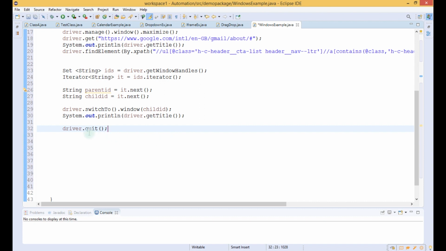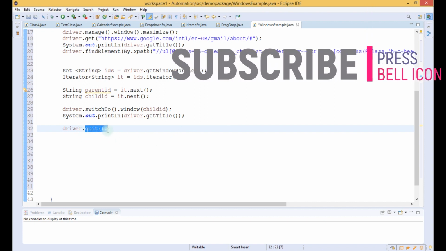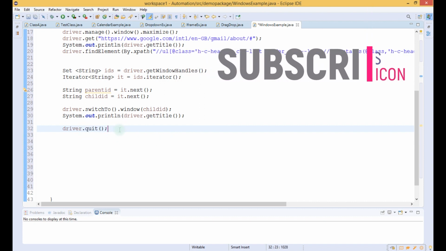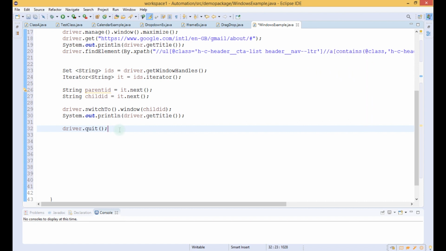We have to use quit because two windows are opened by the WebDriver. If we use only the close function, it will only close the main window of the WebDriver, it will not close the other window that is opened while clicking on the sign in button. So for that we have to use driver.quit.